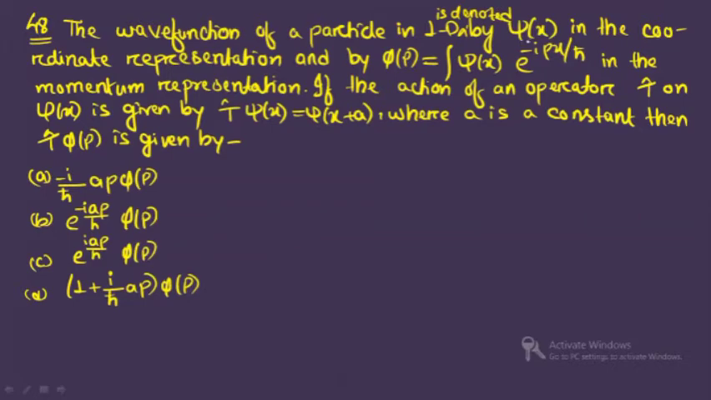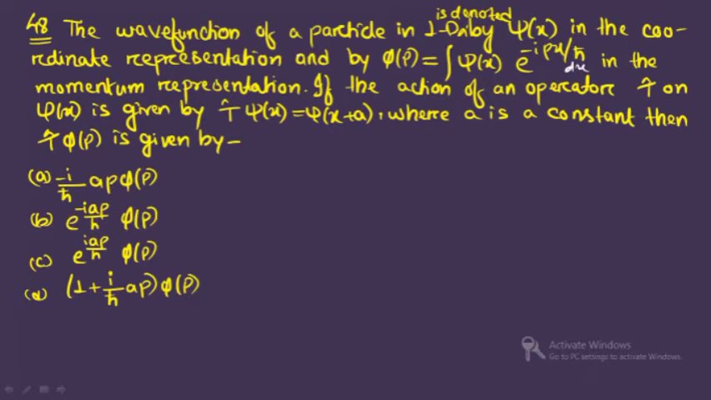Next. Here it is said the wave function of a particle in one dimension is denoted by psi(x) in the coordinate representation, and phi(p) is equal to the integration of psi(x) e to the power minus i p x by h cut dx. In the momentum representation, if the action of an operator T on psi(x) is given by T psi(x) equals psi(x + a), where a is a constant, then T phi(p) is